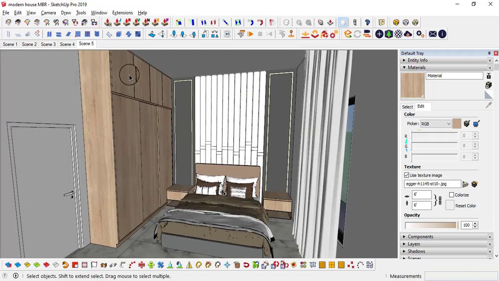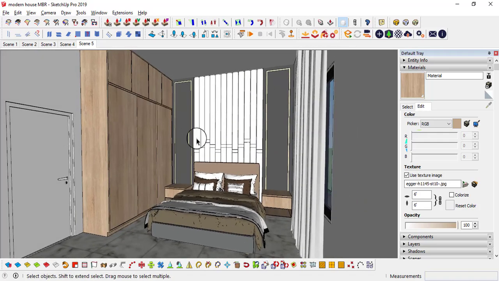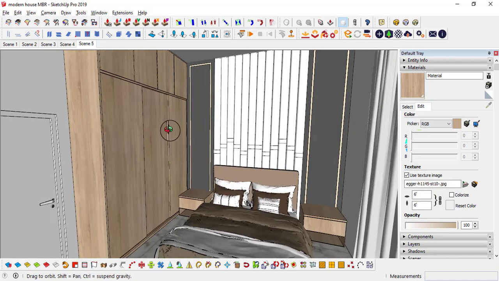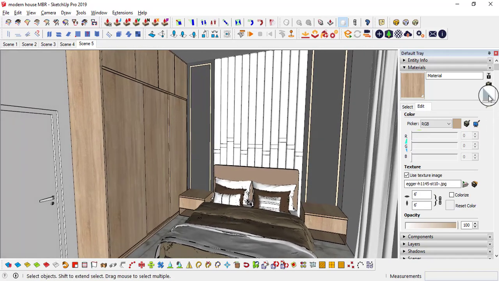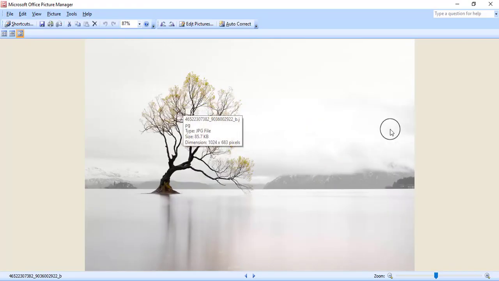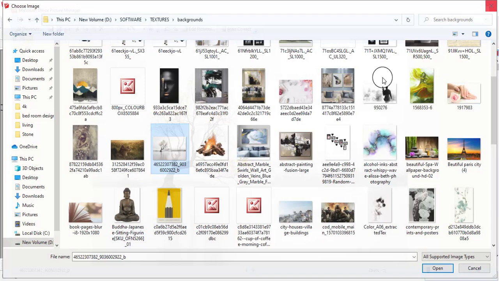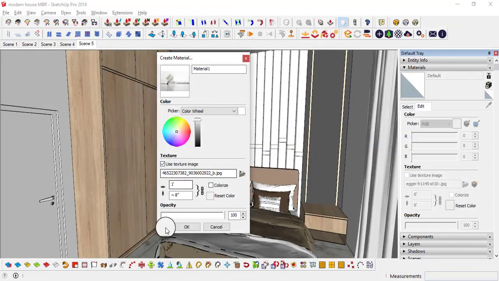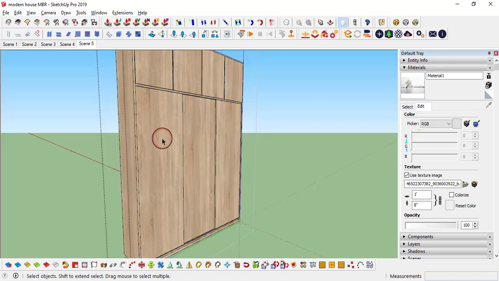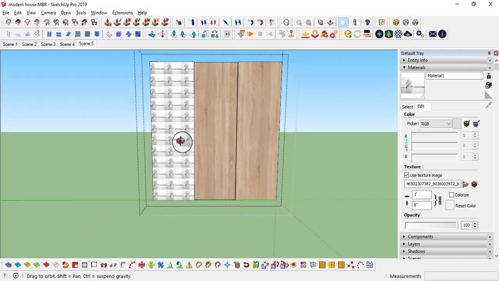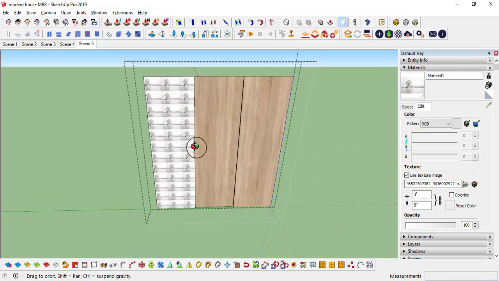Okay, I will leave them, or I can change them to a different color, but on top, actually on these doors I need to make this printing image, right? So for that I have an image. This image I choose on top of that, I mean to print on this wardrobe. So just close it, I select open. Okay, while making, double click it, B. I have only applied on these.